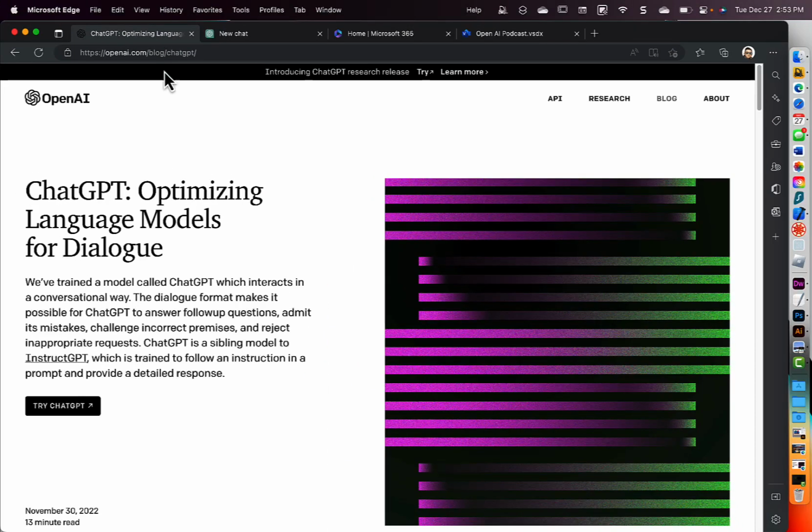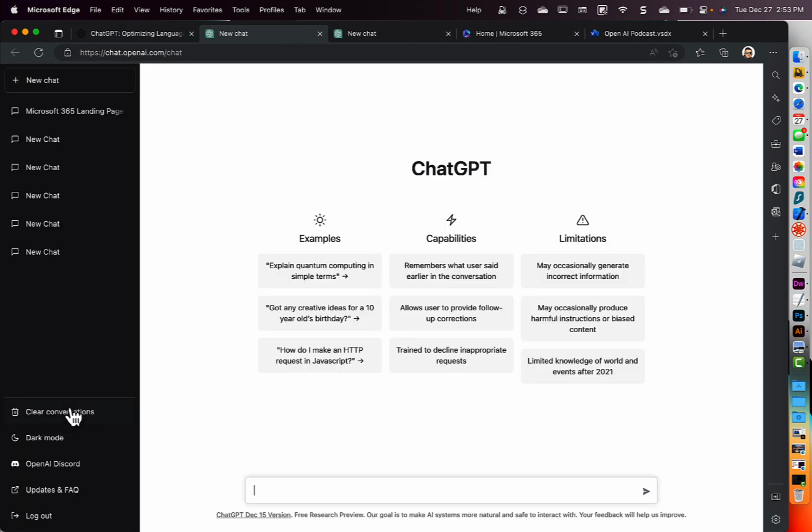So what I did was I went to openai.com and I clicked on chat GPT. And then you're going to notice it gives you a button to try chat GPT. Since I'm already logged in, my account has already opened along with my chat history. But for you, you will need to choose a method to log in. That could as easily be a Microsoft account, which allows you to connect, or it could be creating an account from scratch. But in any event, we are in Chat GPT,